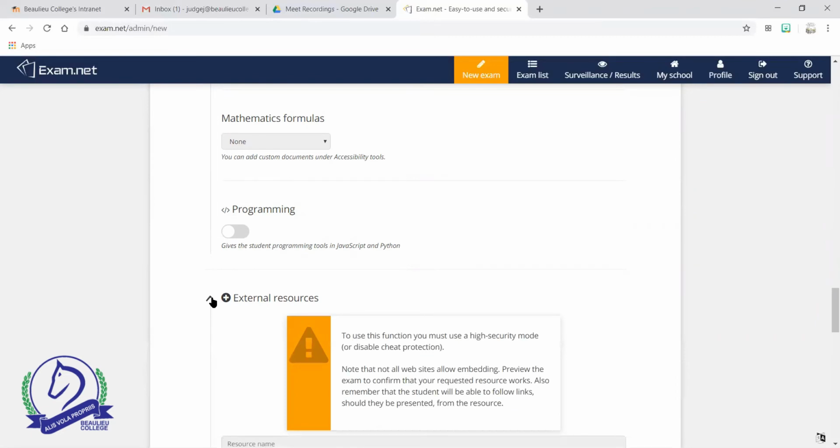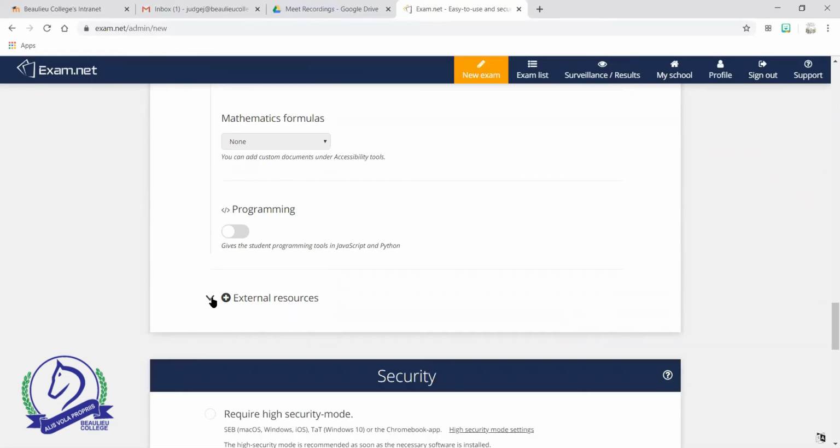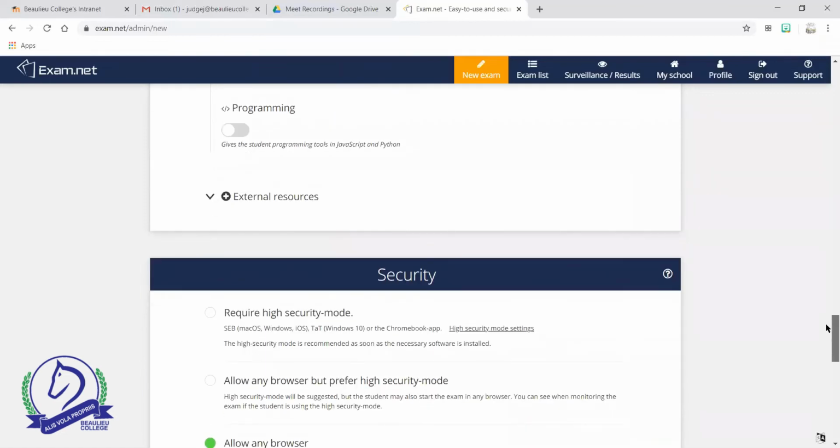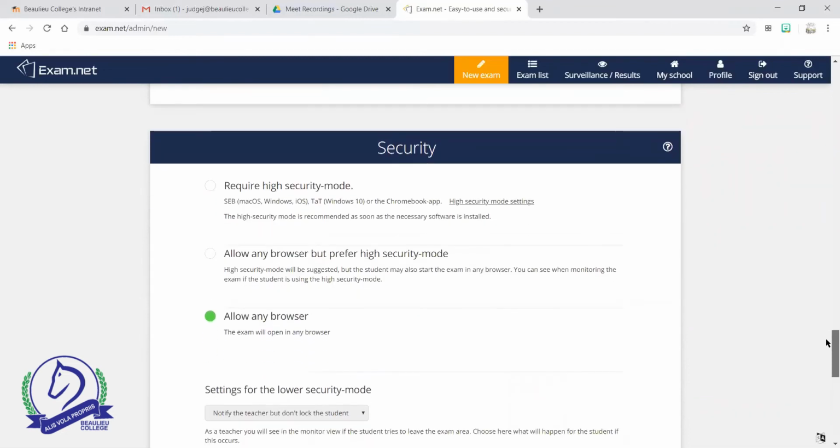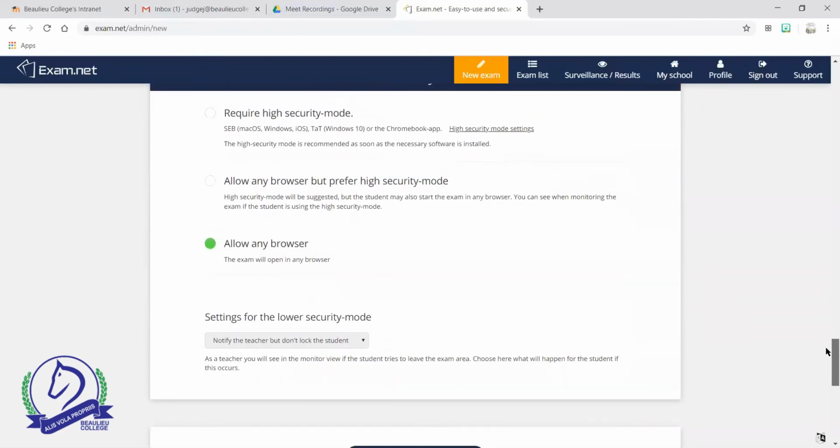External resources, this is if you want to put an additional resource in. I don't want to do that, but maybe in a life science or something like that, you'd like them to read more information. Okay, we then come to security, okay, and this is what you want them to be able to do. So high security,